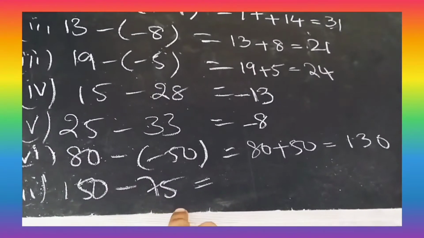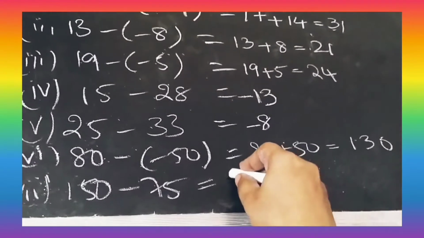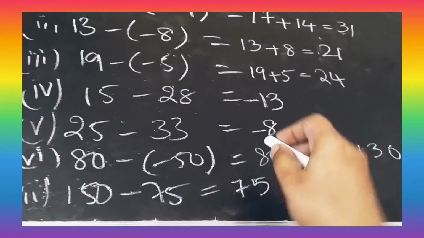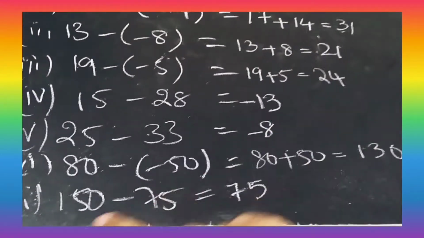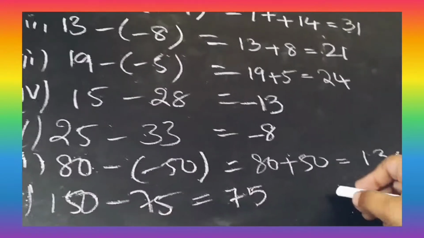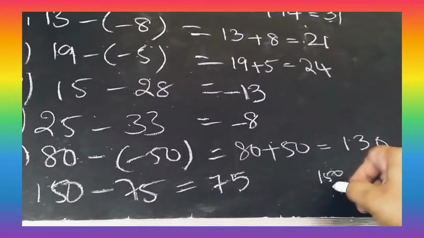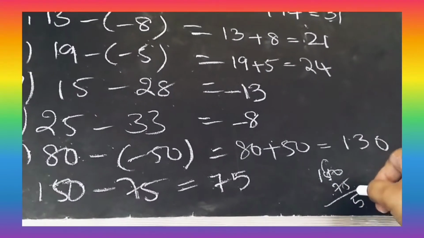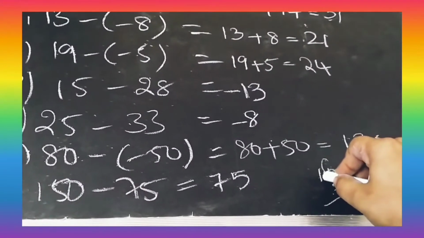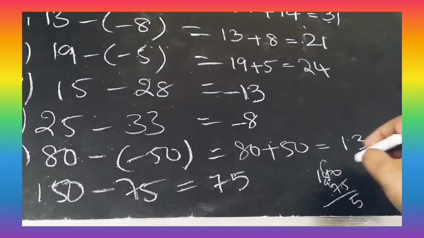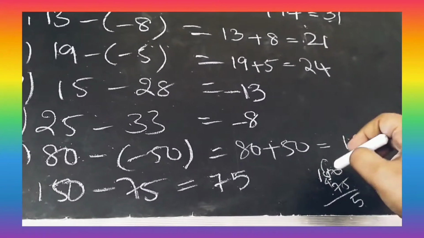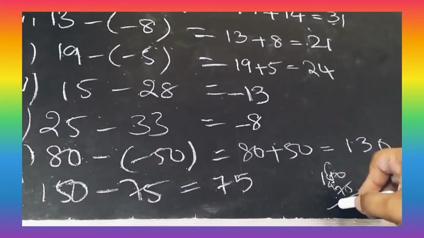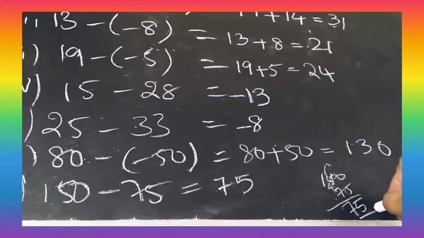So again 150 minus 75 you have to do. What is 150 minus 75? It is 75. You have to do the subtraction, 150 minus 75. Here I am doing this. 10 minus 5 is 5. Here 4 is there now, so what it will become? 14. 14 minus 7 is 7. It is 75.